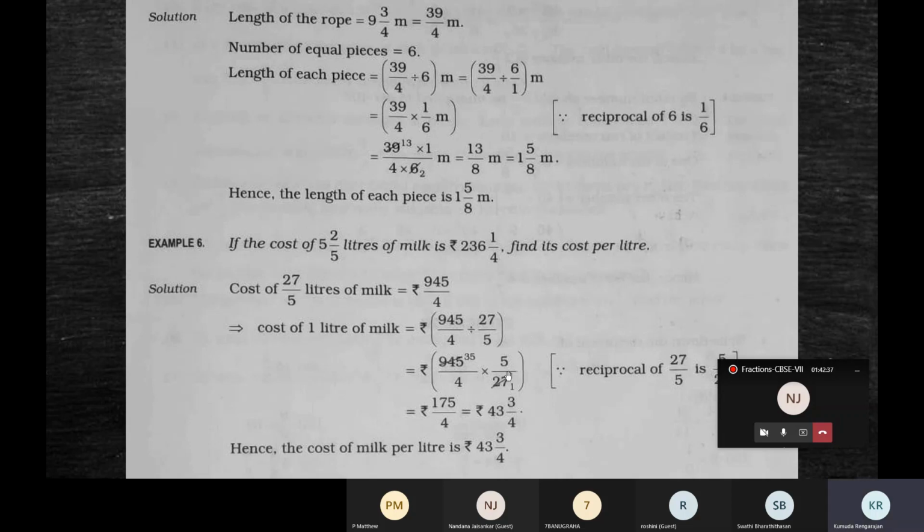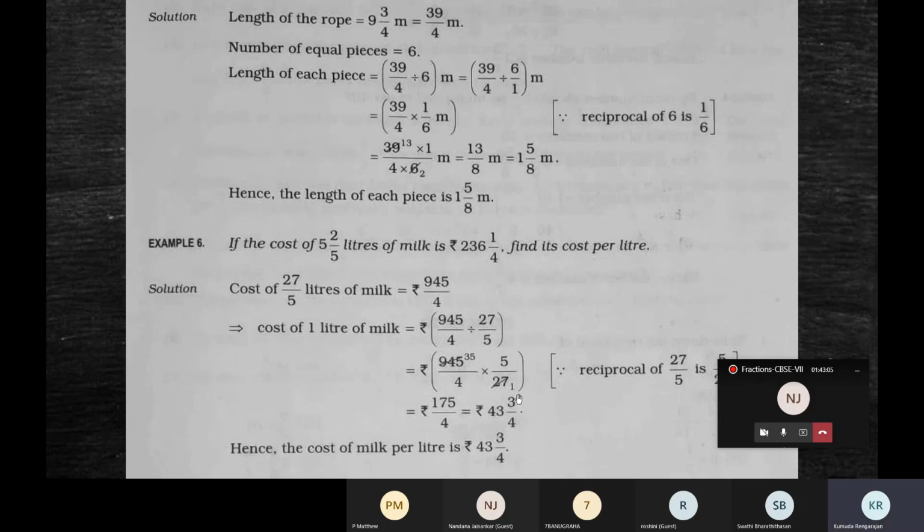So here they have cancelled straight away. 27 1s are 27, 35 times is 945. You don't have to do it like this. You can start with your convenient tables. So first simplify 945 and 27 in the tables of 3. So that will give you 315 and 9. Now again slash 315, slash 9.